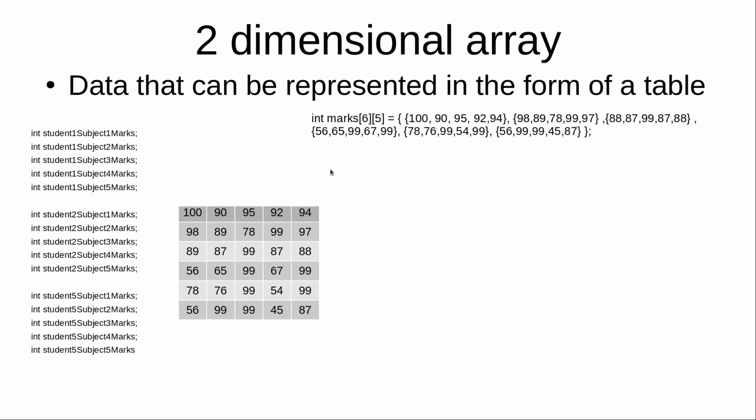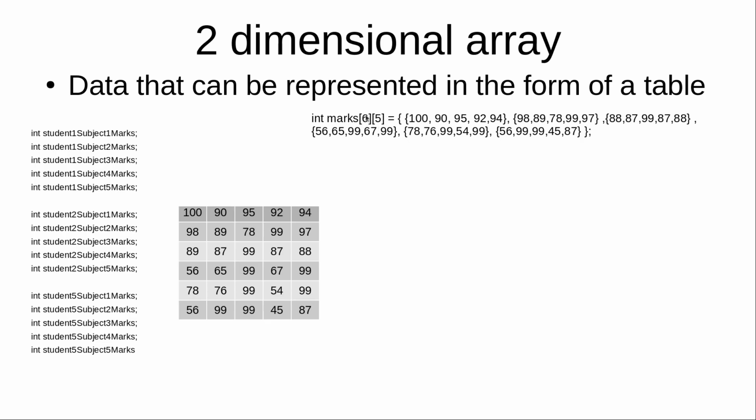If we are using a two-dimensional array, we can reduce the number of variables. Instead of 30 variables, we now just need one variable. You can see here the values 100, 90, 95, 90. These are the first student's marks, and these are the second student's marks, third student, fourth student, fifth and sixth student's marks. Everything is given in a single line. And we have here 2 square brackets. Earlier, in the one-dimensional array, we had 1 square bracket which represented the number of subjects, but here we have 2 square brackets.